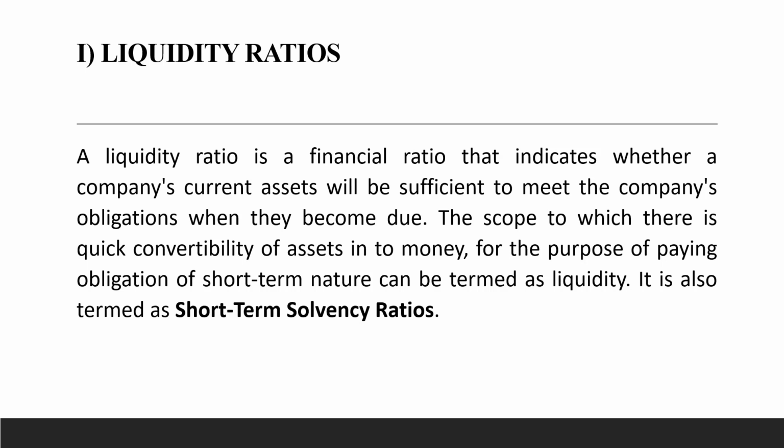Current liabilities are those which you are liable to pay in the future within a period of 1 year. And current assets are those assets which are there in the company for a period of 1 year. So when we talk about the liquidity ratio, the current assets of the company should be more compared to the current liabilities, so that the company will have enough money in hand to pay out any kind of obligations, dues or loans. If the company has taken them, it will be able to pay them out on time in a short period of time. That is called liquidity ratio.